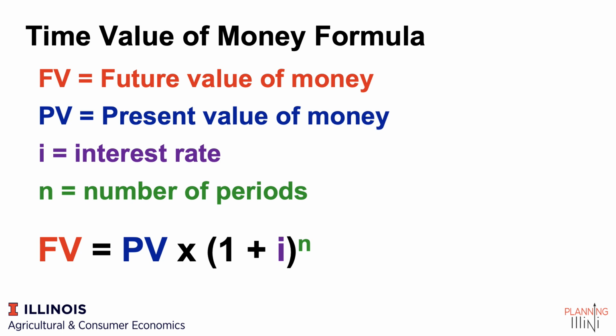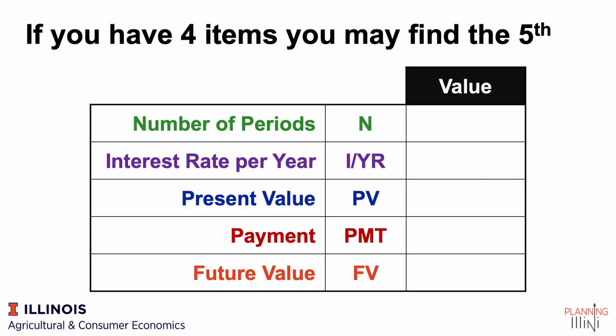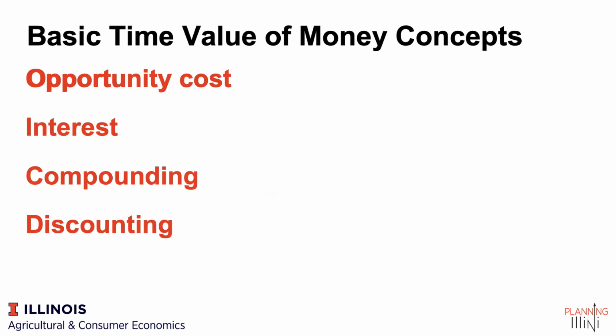You can always find a 5th item if you have 4. And that's the magic of our financial calculator. That's the magic of using a spreadsheet or whatever tool you'd like to. If I give you 4 of these values, the 5th is going to be easy to find and rather straightforward on that end. So some basic concepts in time value of money, words that you're going to hear over and